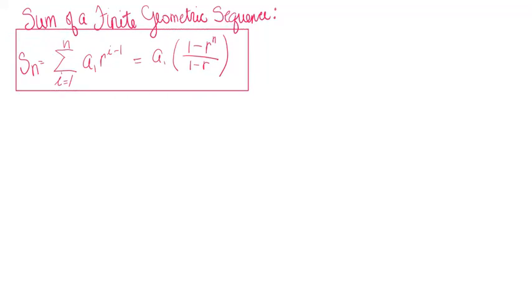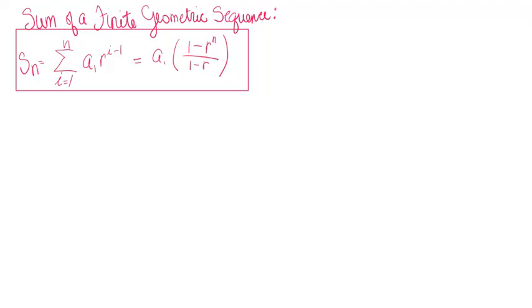But before we do an example, I need to warn you that you always need to check your index here. This i, you need to check and see if that index begins with an i equals 1, because it could begin with an i equals 0. And if it does, then we're going to need to adjust our formula to find the nth partial sum. We will do an example of that in a little bit, but I just wanted to warn you that you need to always be checking your index to see that it starts with 1 or a 0. If it starts with a 1, you can use this. If it starts with a 0, we have to adjust it a little bit. But let's go ahead and look at